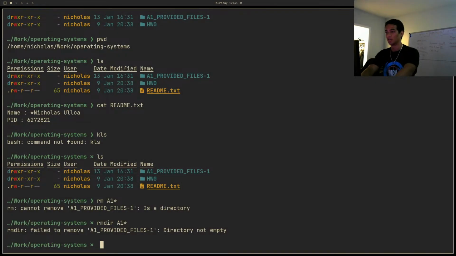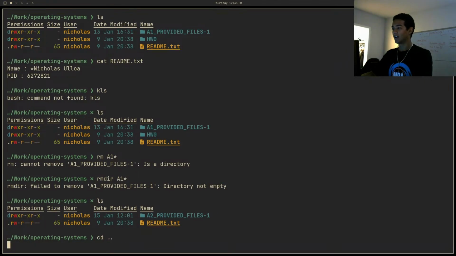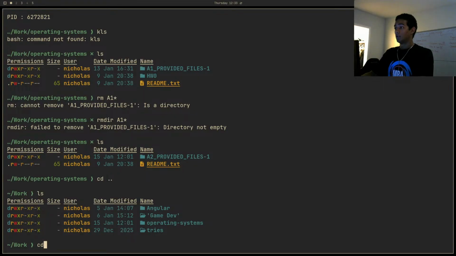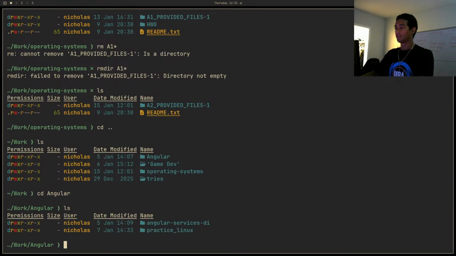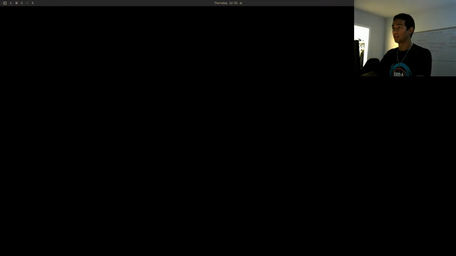So what am I going to do here? We're just working on some stuff before this right here. So we're going to go to code. No, I lied. ls, we want to go to our project file. So let's cd map. cd to Angular, ls, cd to practice, Linux. I have to rename this file, but we'll leave it as that for now. And we're working on our branch right here. If we go to our GitHub,